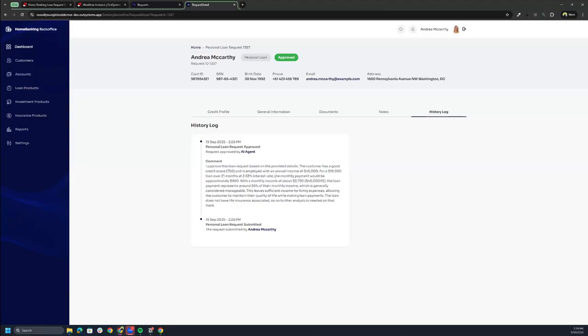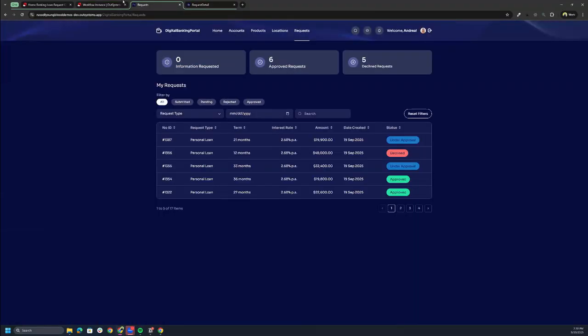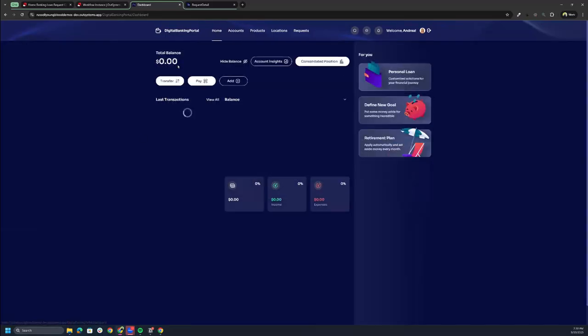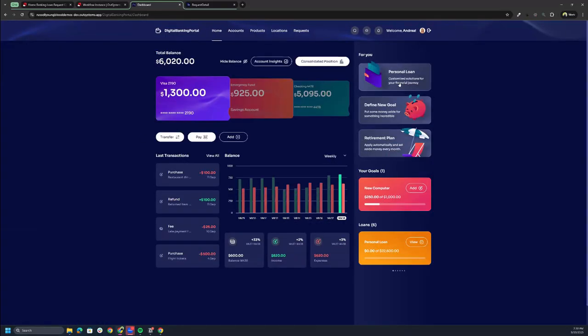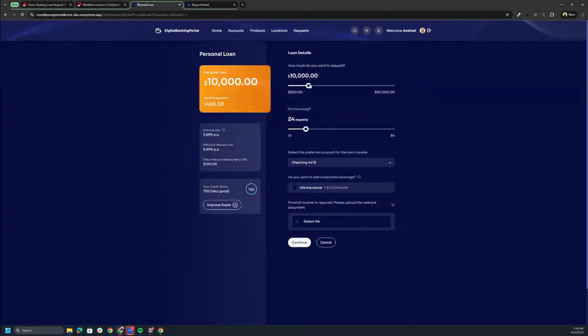So now, Russell, let's explore another scenario where the AI agent rejects or even escalates the specific loan to a human. To do that, we just need to go back to our portal and submit a specific loan request. So let's do that together. Let's go back here to our portal. We just need to select personal loan. For this use case, let's select, for example, I don't know,